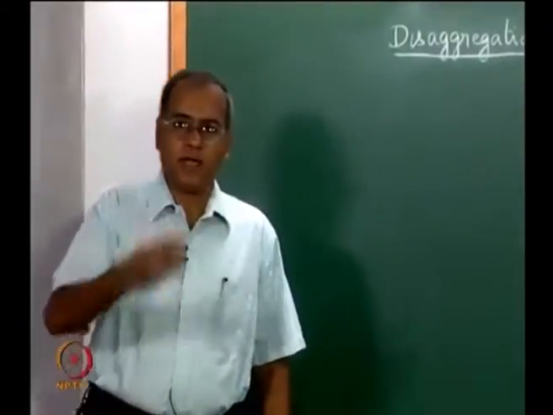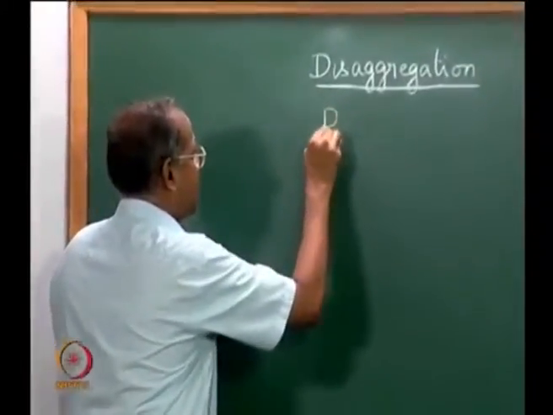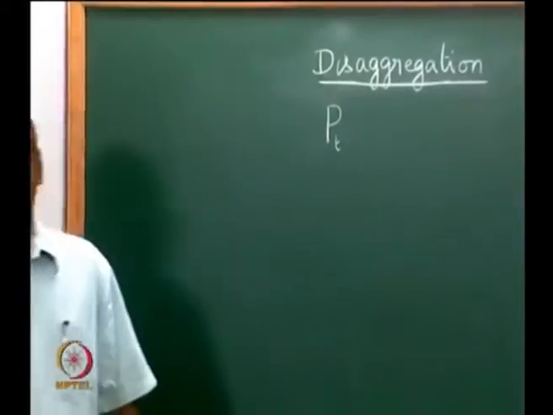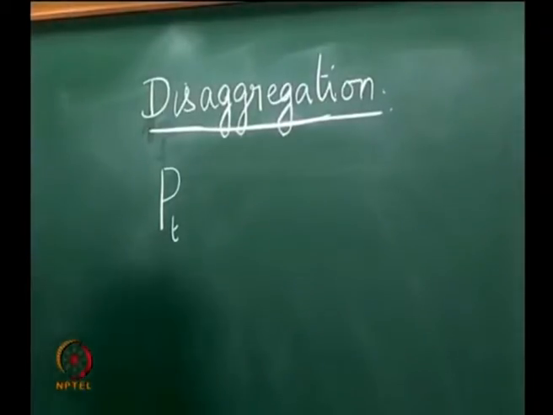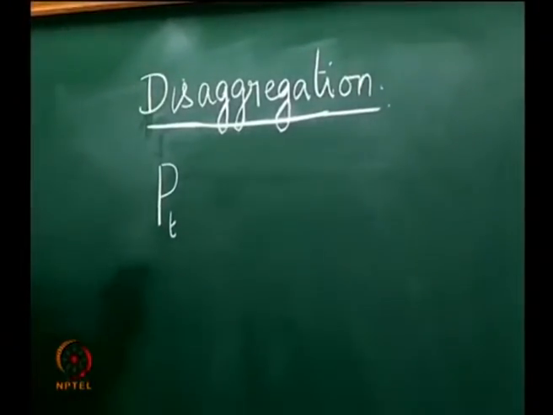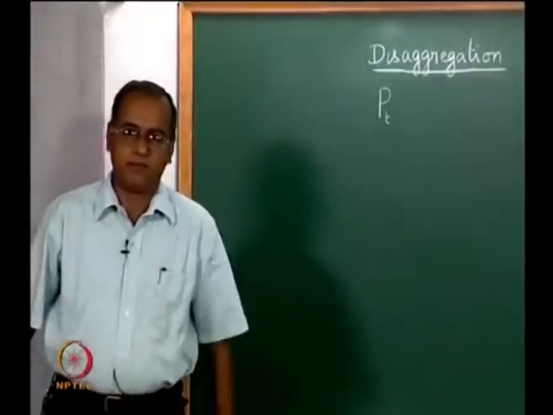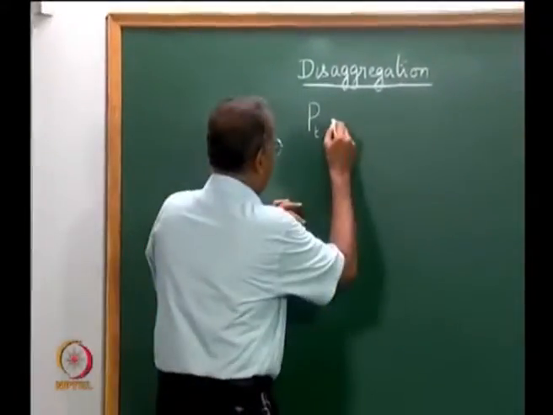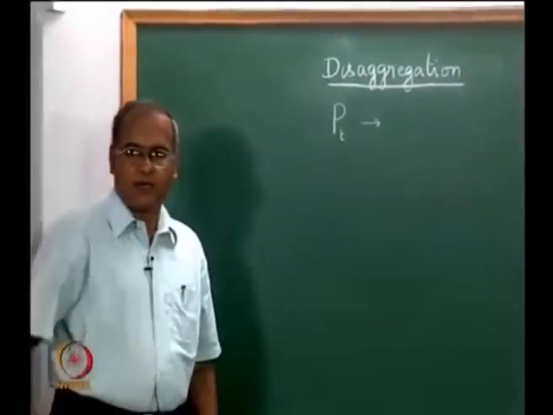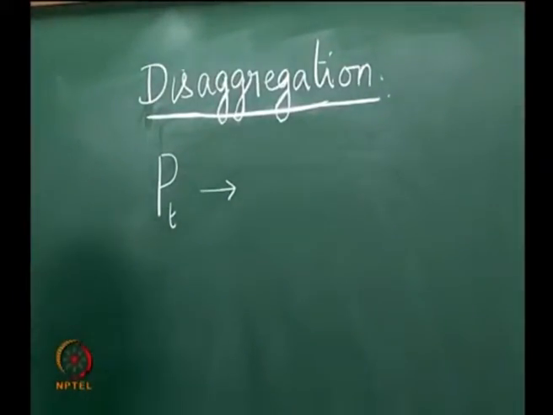When we solve the aggregate planning problem, we used a variable called PT, which is the production time that is available in every period. Now, the next step is to try and see how we use that production time PT to produce various products. In aggregate planning, we assumed that there is an aggregate product which adequately represents all the products that are made in the organization,